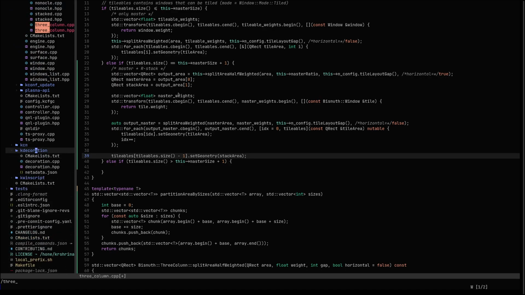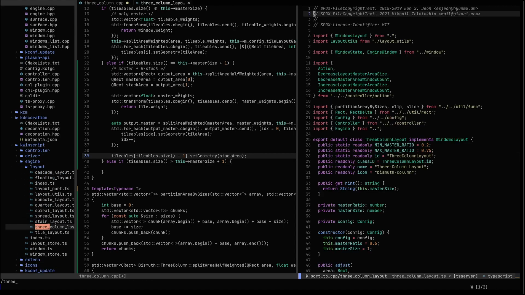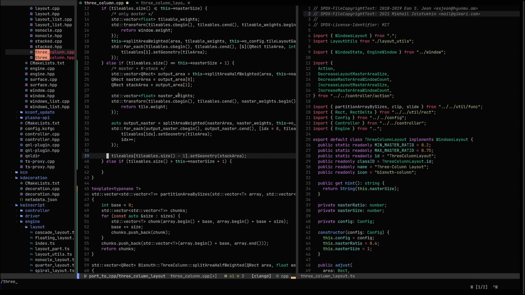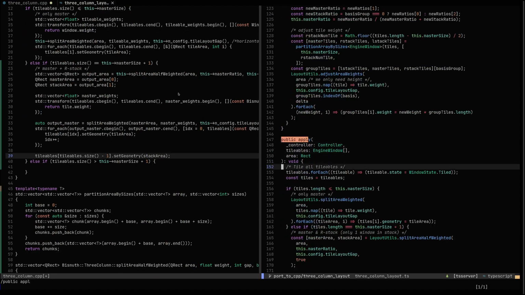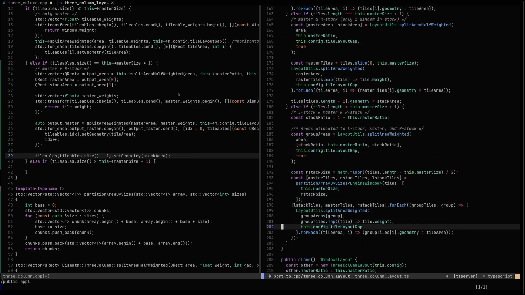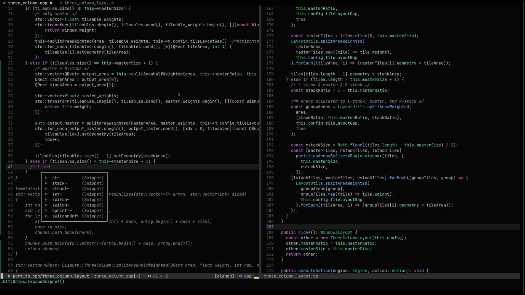I can go to KDecoration, sorry, the engine layout, 3-column layout, and I can vertically split it. There you go, and I can have public apply, and I can go down here. There you go, starting from line 188, and I can have it here. It's going to be L stack and master, and R stack. Yeah,